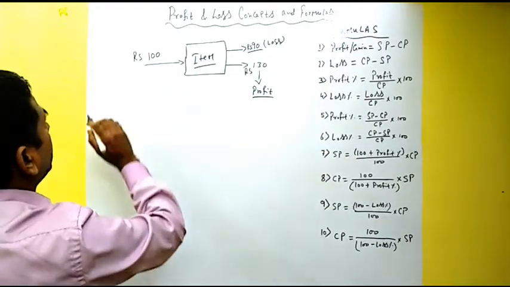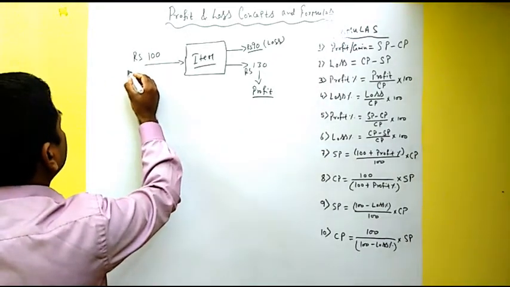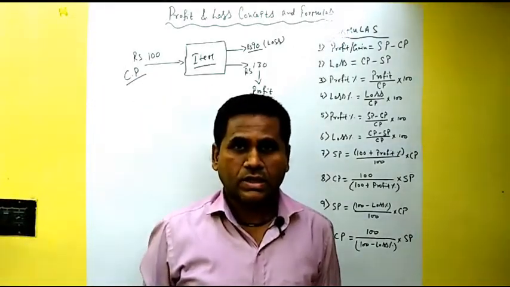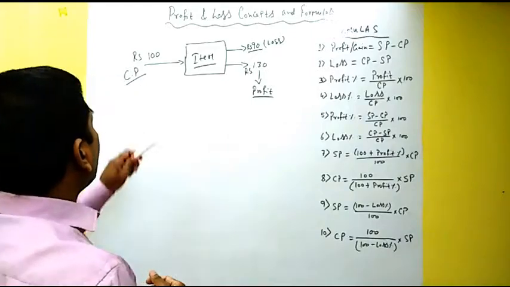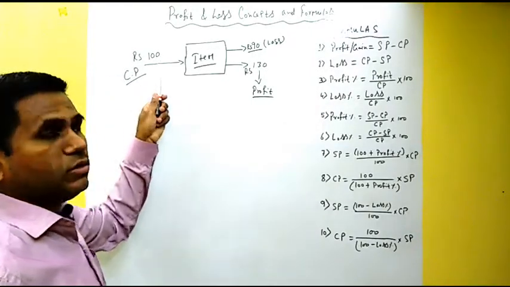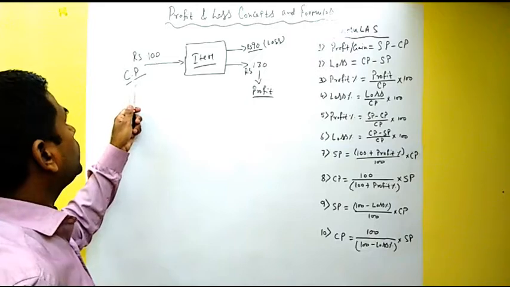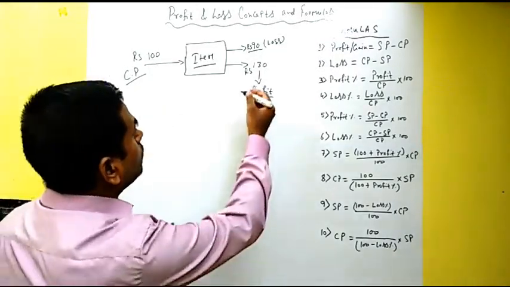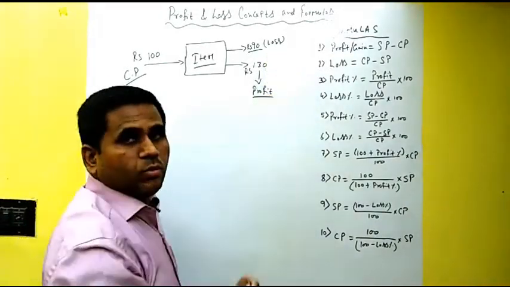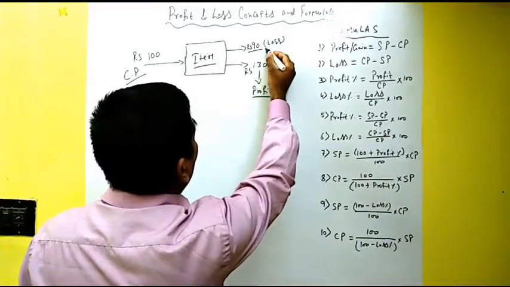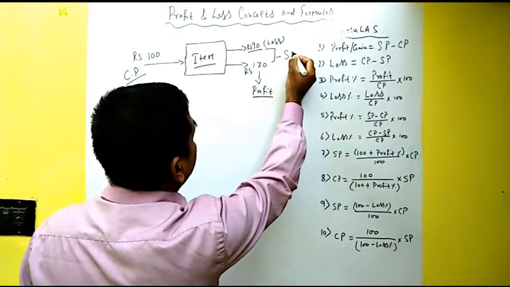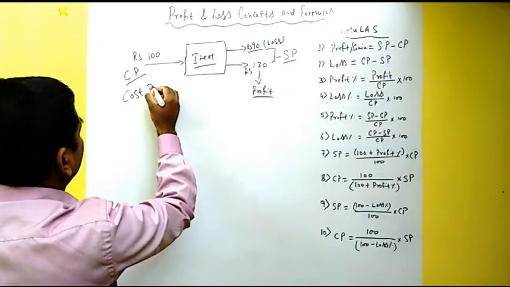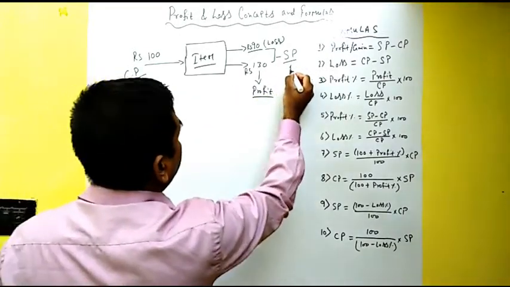So what is this called? This is called CP in short, which is known as cost price. Why is it called cost price? Because I have purchased this item for rupees 100. So cost price, this is a cost for me. So the cost price is 100 rupees. Now, whether in case of loss or profit, in both cases, it is called selling price. I'll write the full form here,